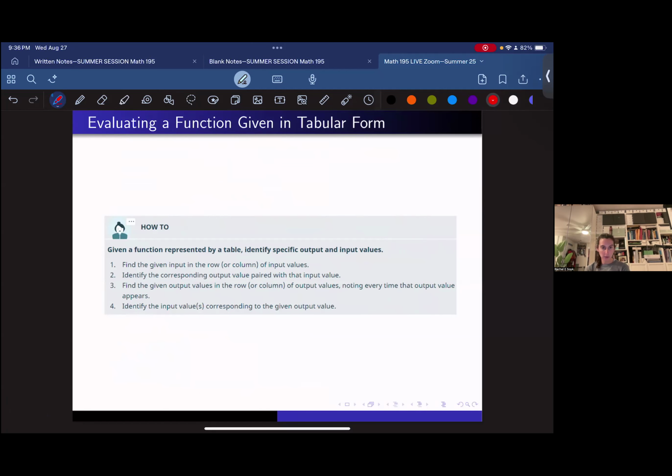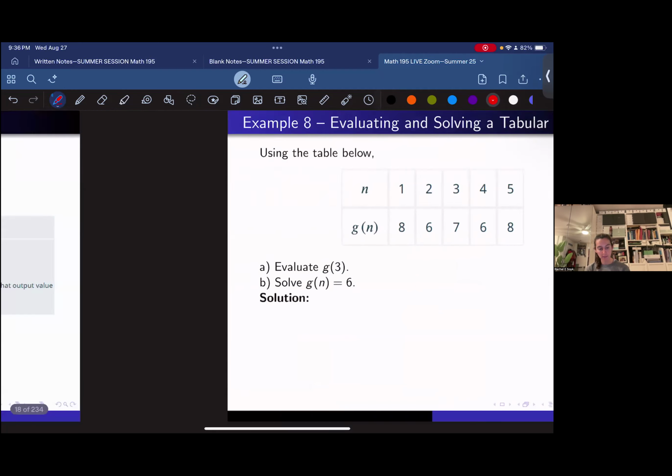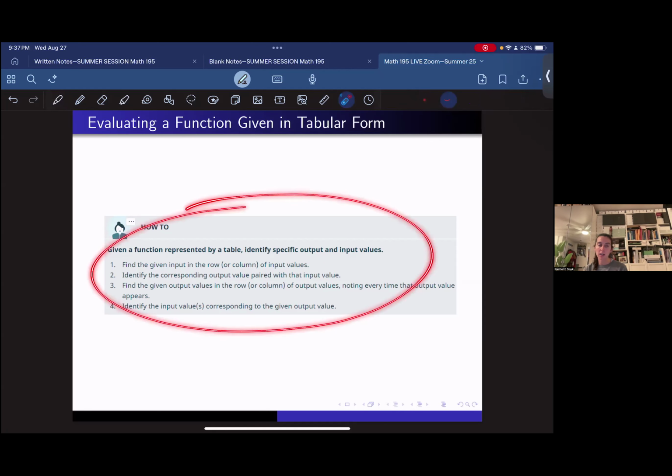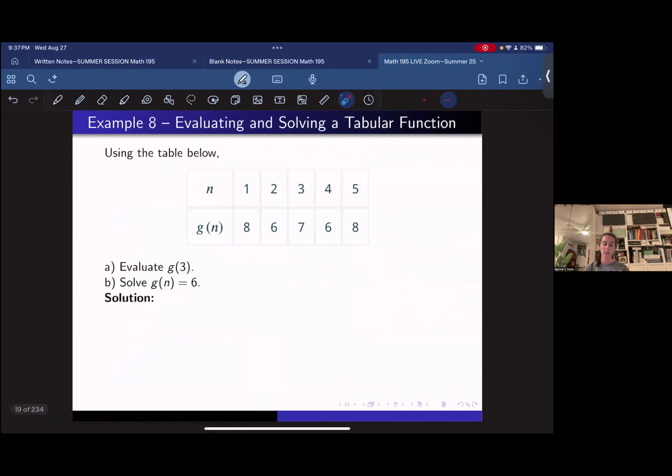We have a few examples, I believe, on the next page, showing functions in tabular form and how to evaluate if we were to ask you to find g of 1 or f of 10, or find our input value if f of x is equal to 3, for instance. And so this is just the step-by-step procedure and how to do that, but we'll go through it on this next example